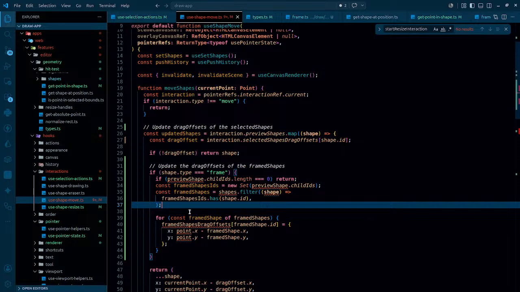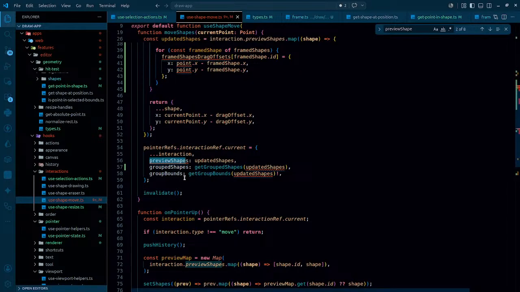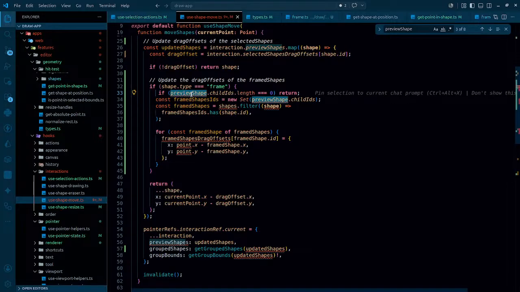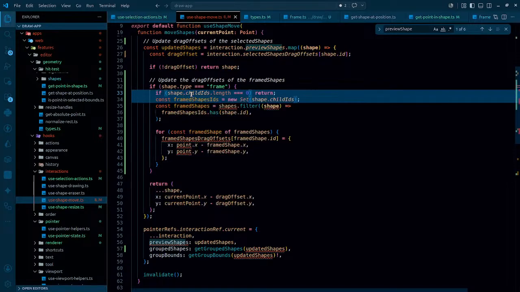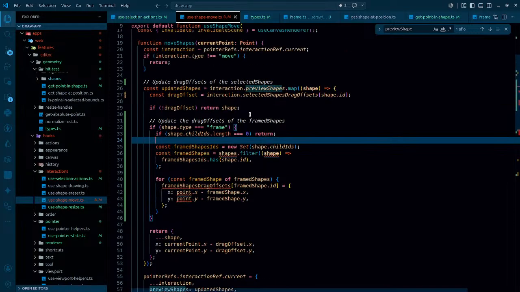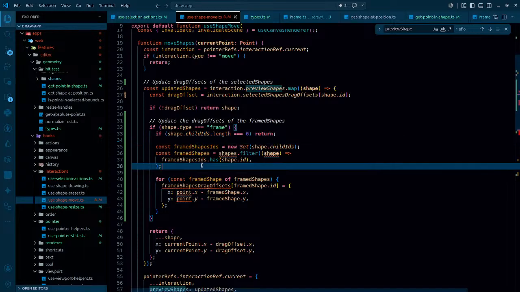So again we have to change many things. So first of all we will check that, okay, preview, that is it. So let's keep it shape. So if a shape dot child id is, if that's triple equals to 0, that simply means frame doesn't have any children, and that is definitely possible. You can remove the children from the shape frame. And after that